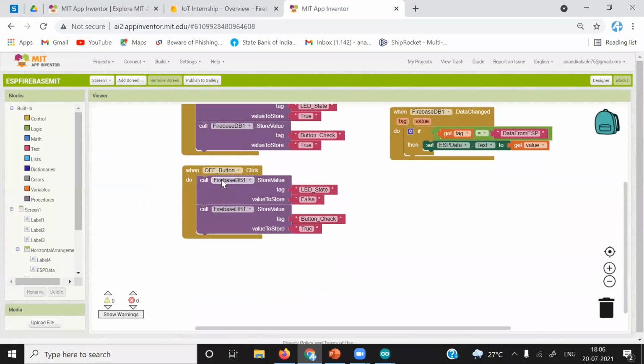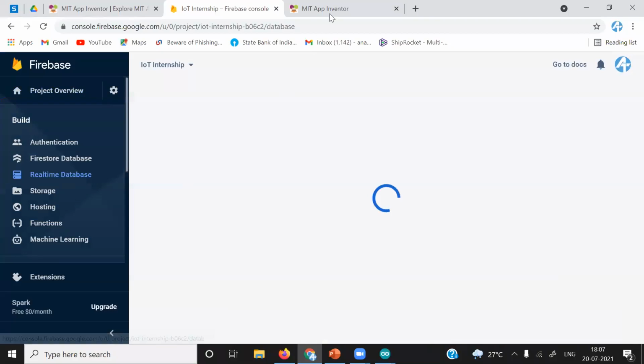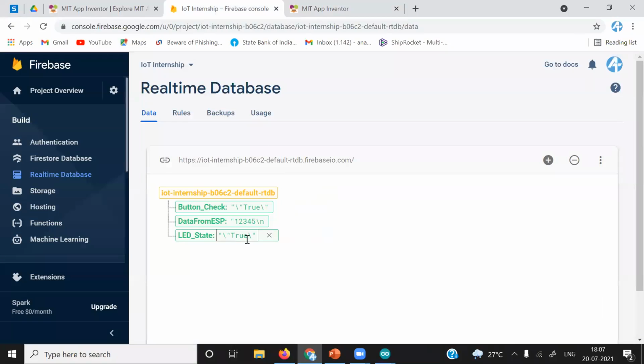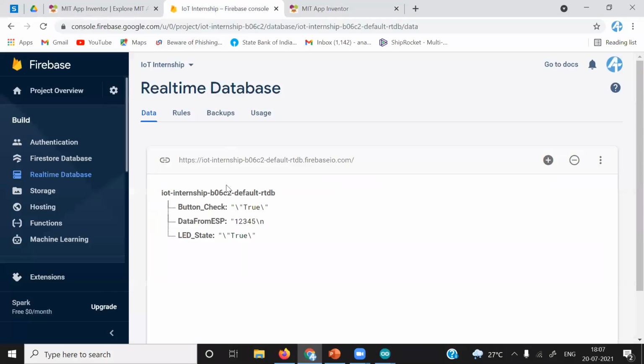And whenever we press this off button, the false data, means the false string, is going to be present in front of this LED state object. You can see that data from ESP, we were reading that data. And this LED state, we are overwriting using two buttons, true and false, and this button check.